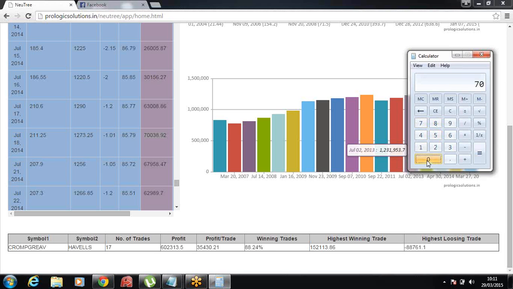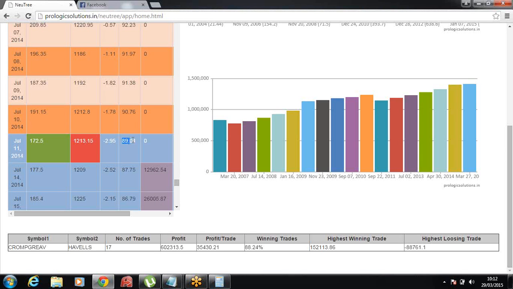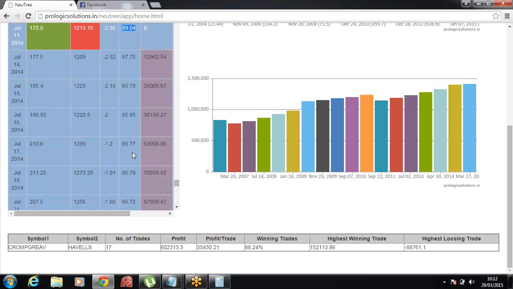So I think I don't need to show it, but anyway, I'll just show you. For an investment of 1.4 lakhs, this is the profit that you are making. That is 50% profit. So that's a fantastic trade. You know that your correlation is 89% here. It fell down,